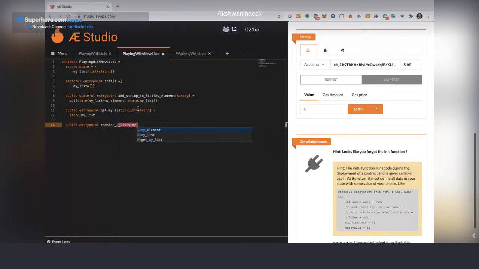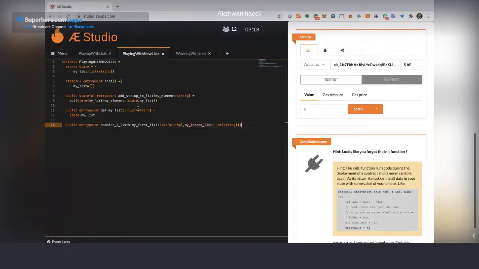Of course I will need to receive by parameter a first list of strings, and then my second list of strings.